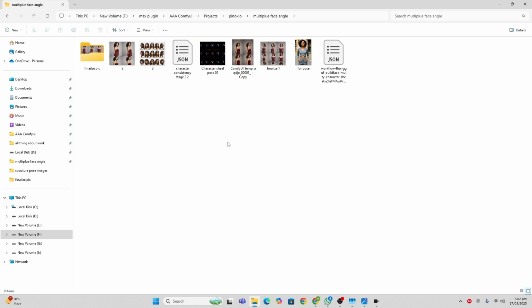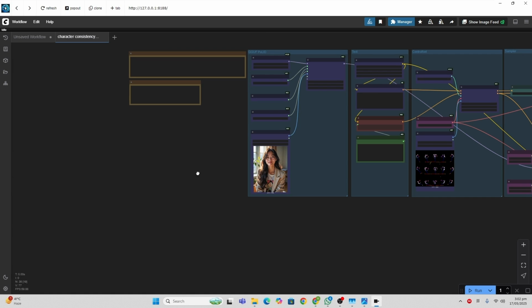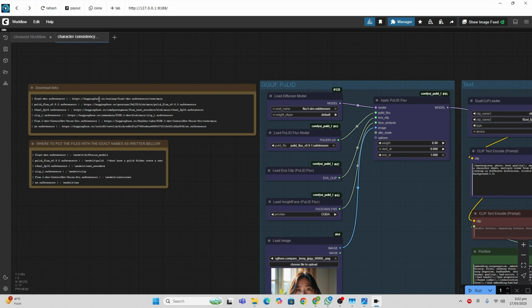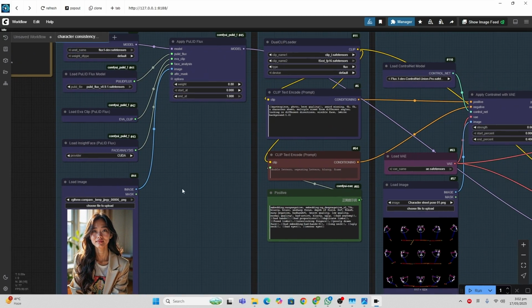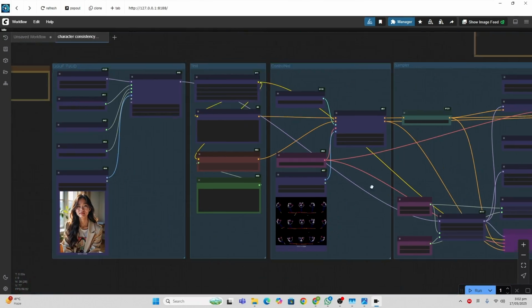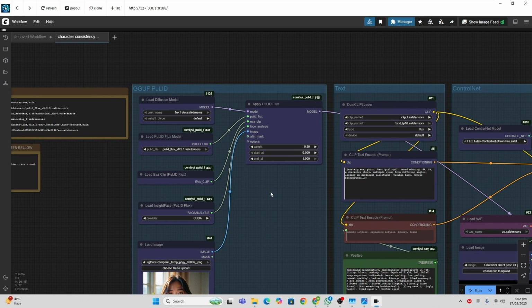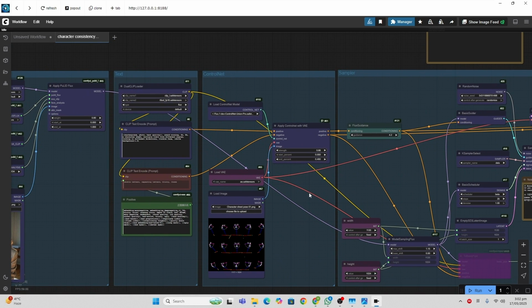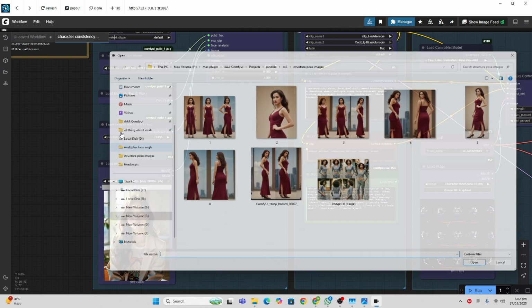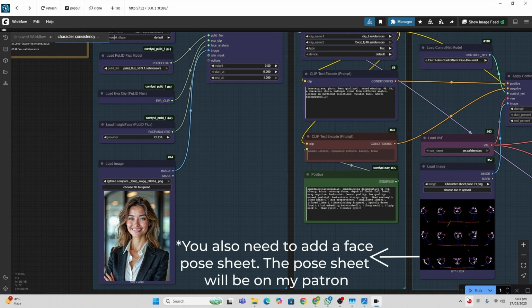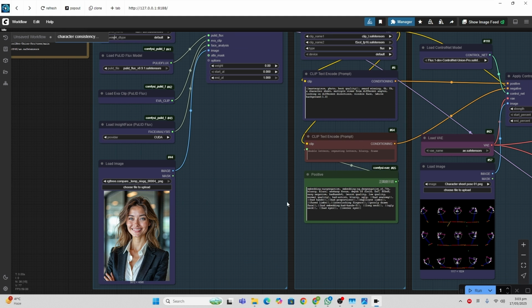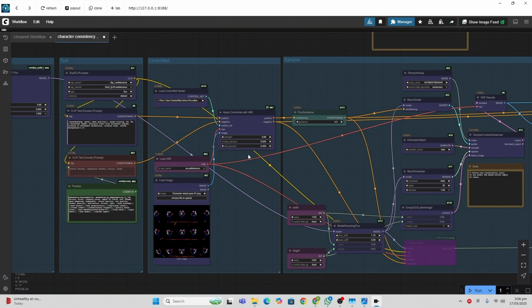Now we are going to get the consistency. So this is the character consistency stage 2 workflow. Just drag and drop, and of course install the basic custom nodes. This is all the information available for you as usual. It's a very simple workflow, and you don't have to change any single setting in it. Just put in the model, upload your image, and just run it. Okay guys, the render is finished.